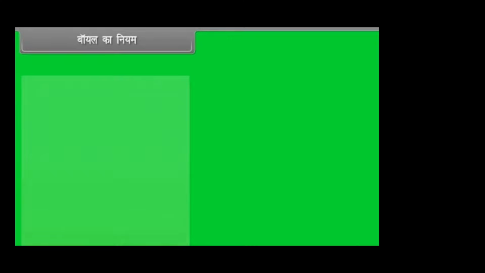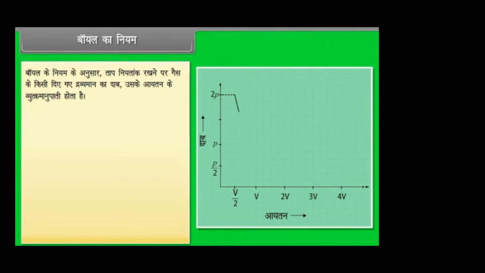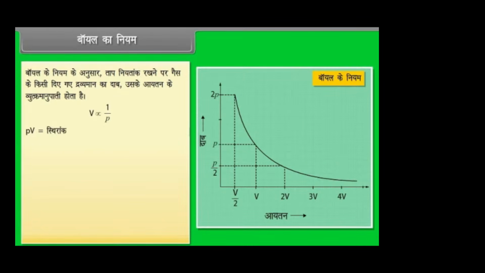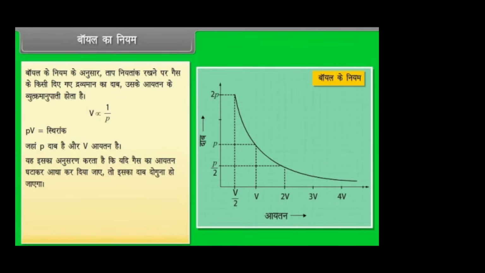बॉयल का नियम। बॉयल के नियम के अनुसार ताप नियतांक रखने पर गैस के किसी दिए गए द्रव्यमान का दाब उसके आयतन के व्युत्क्रमानुपाती होता है। PV = स्थिरांक, जहां P दाब है और V आयतन है। यह इसका अनुसरण करता है कि यदि गैस का आयतन घटाकर आधा कर दिया जाए तो इसका दाब 2 गुना हो जाएगा।